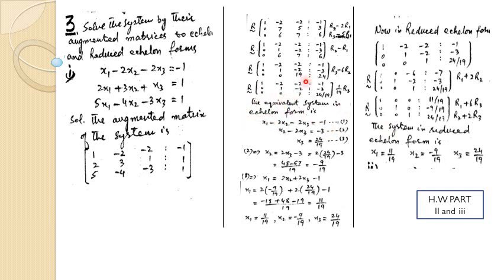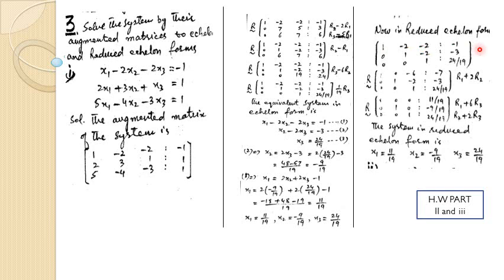So this is echelon form, but for the reduced echelon form we have to make the identity like this. But for the reduced echelon form you can make, now you can see that this thing and this thing are same, so reduced echelon से भी same answer आएगा, because x3 is this 24 upon 19, equivalent matrix, so this is equal to this, okay. So you can put x3 is equal to this, so you can get x2, and then from equation 1, with x2 and x3 you can have the x1.